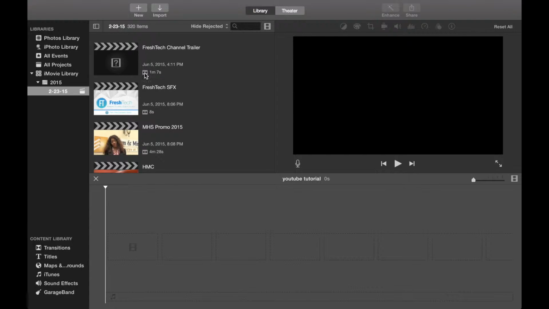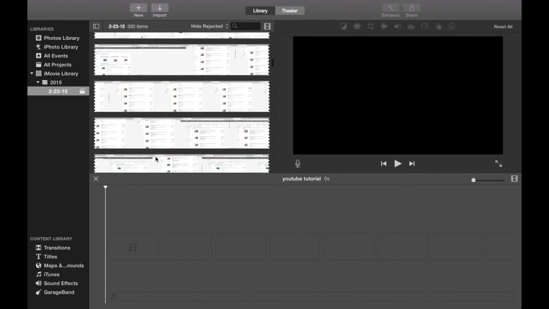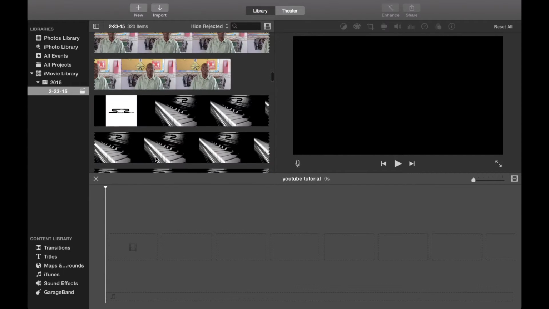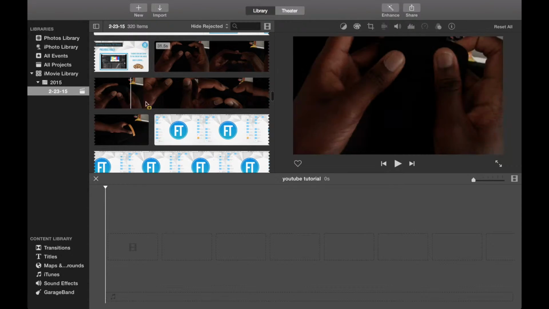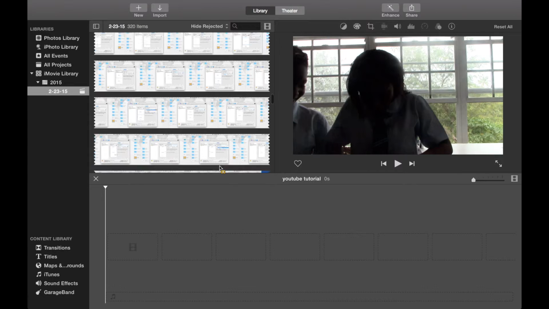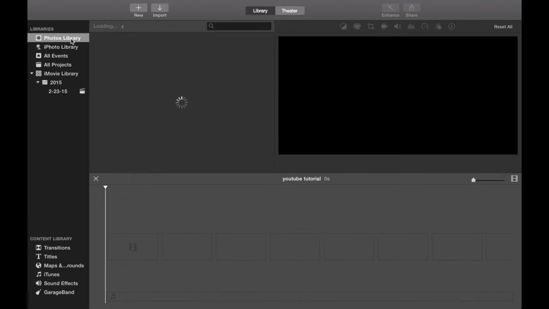So this is kind of what it will look like. You have all your footage and previous projects here, everything that you've ever imported into iMovie. This is basically the import section. So if you have Photos installed on your Mac, you can go right here and see your photos library,